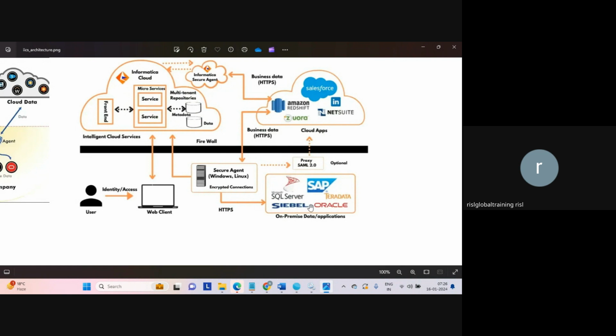So from the application, we can also transfer data from here, which is local or on-prem, to the cloud. And vice versa. We can read the data from cloud, like Amazon, and get it transferred to local, right? We are just talking about all permutations and combinations supported by Informatica Cloud architecture to get the data